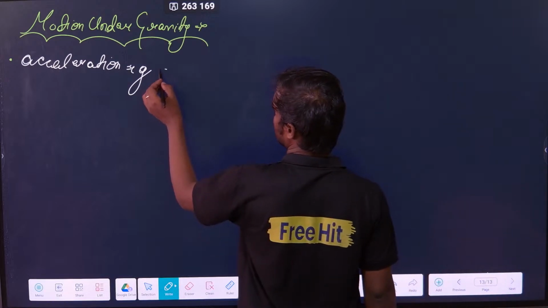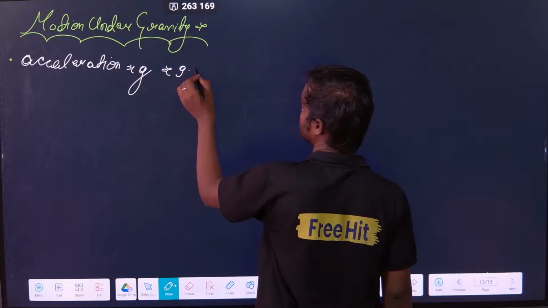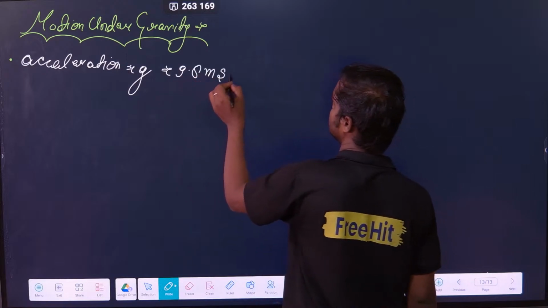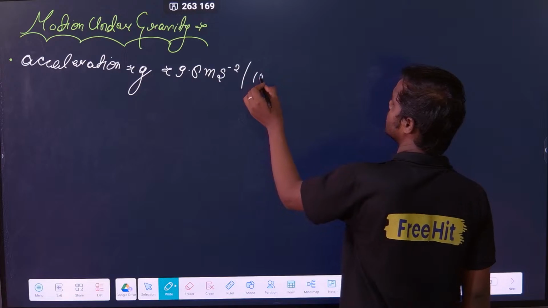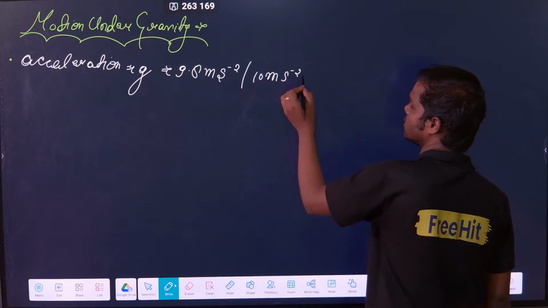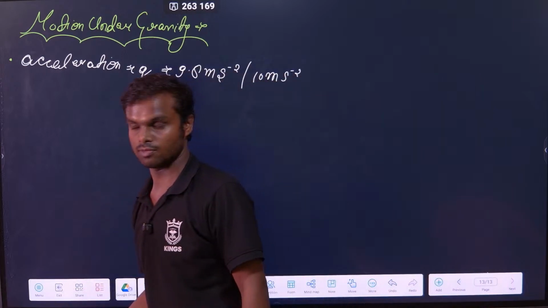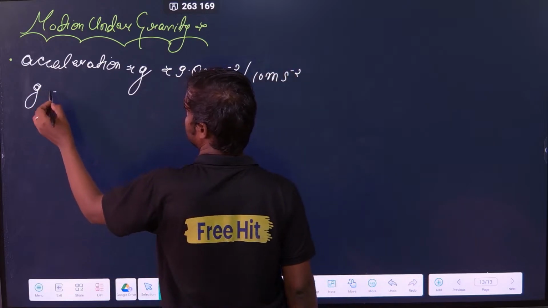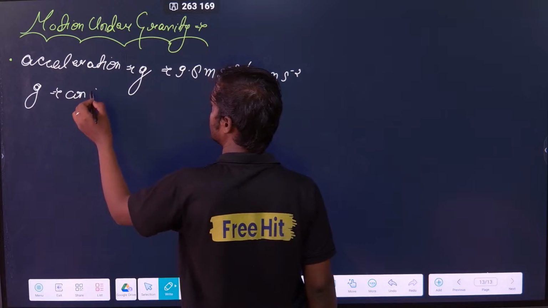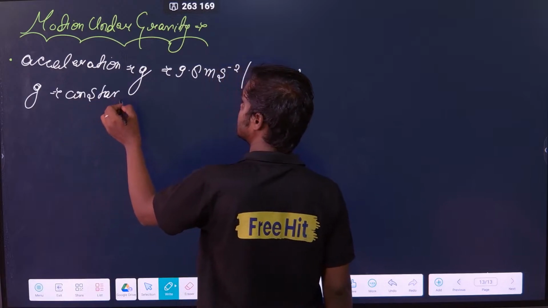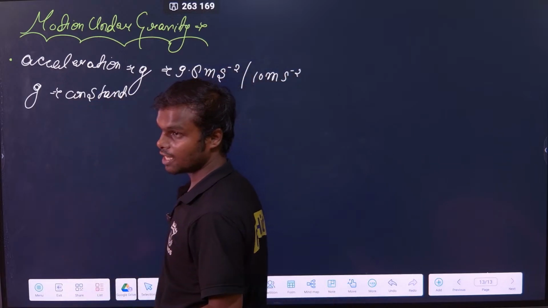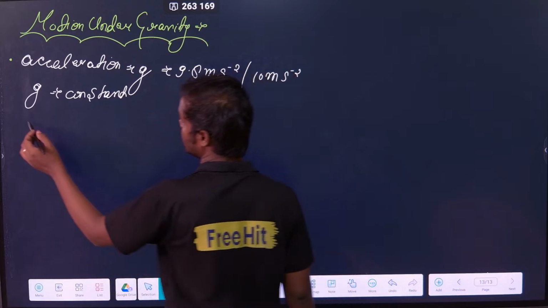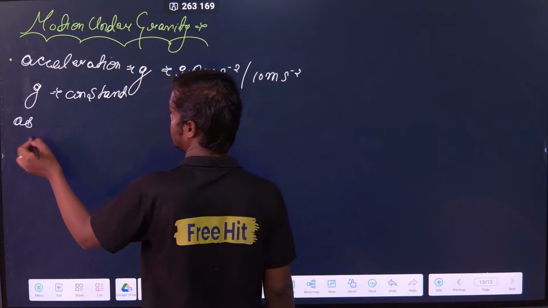This value will be either 9.8 meters per second squared, or sometimes you take 10 meters per second squared. These are the two general values we take for solving questions. That is the first thing, and remember g is a constant. So if my acceleration is constant, what are the equations we have? Then we can directly apply them,